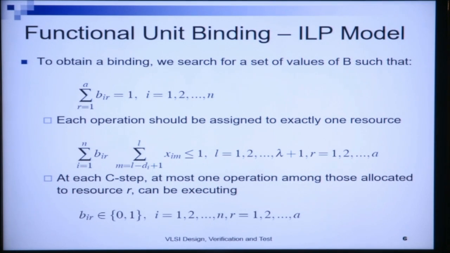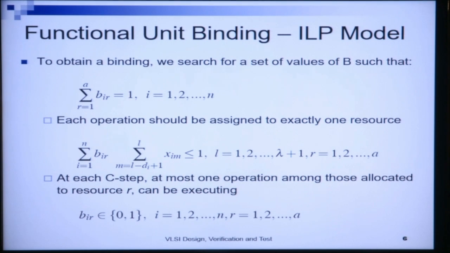So operation i, because b_i I am considering, can be assigned to exactly one operator type or resource type, and hence summation over all the resources, this value b_ir will be equal to 1. The next constraint is that